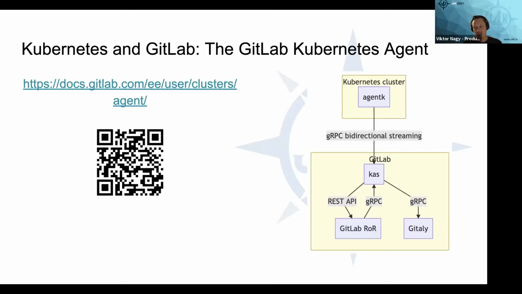And the agent enables a secure connection even for GitLab.com users, because basically the cluster side component Agent K authenticates towards GitLab. So if your cluster can reach GitLab, then the connection can be set up. And from that time on, there's a bidirectional gRPC channel between your cluster and GitLab,